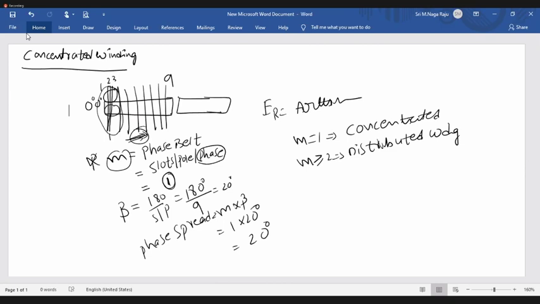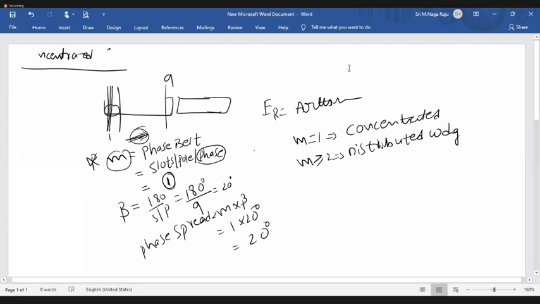Phase belt equal to slots per pole per phase equal to 1. And beta and phase spread are the same. Beta is 20 degrees. Phase spread is M into beta. Okay. So now write down